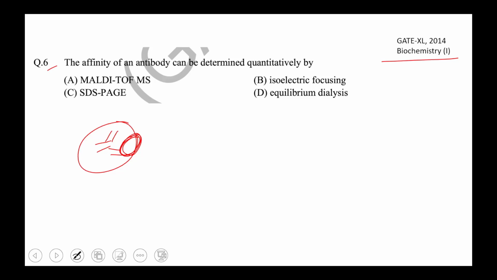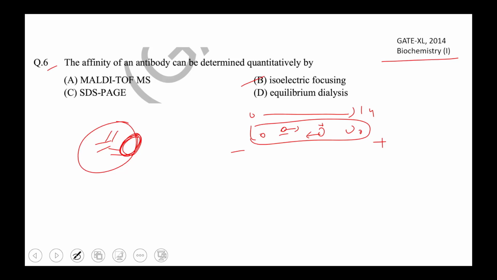Second is isoelectric focusing. Isoelectric focusing is a technique used to find out the isoelectric point of proteins. If you have many proteins, you set up a pH gradient from one end to another, and then you run the current. Proteins, according to their charge, move in separate directions. A negatively charged protein will move towards the positive charge, and a positively charged protein will move towards the negative charge,